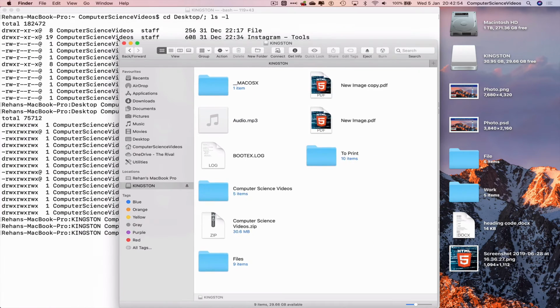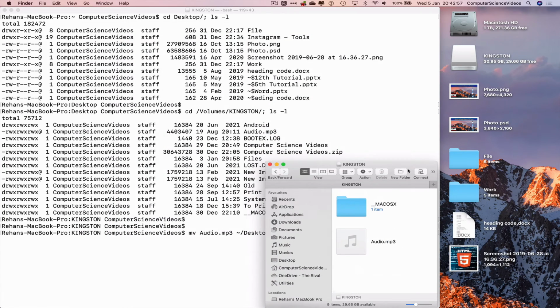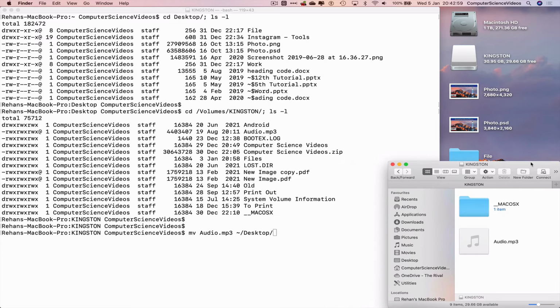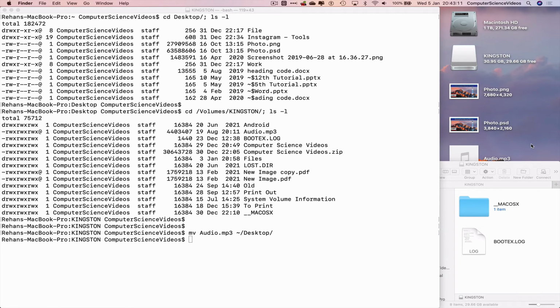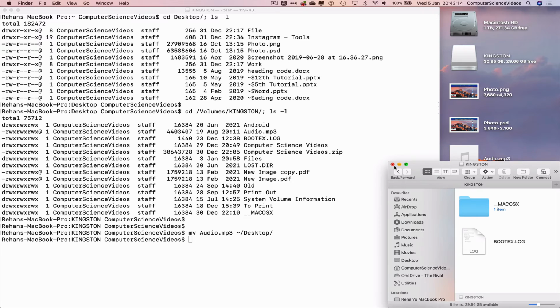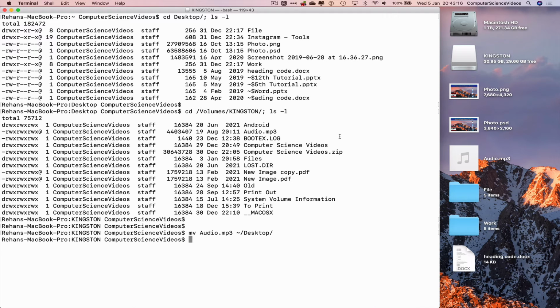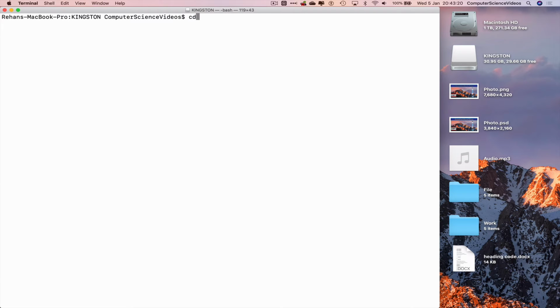decrease the Finder size, and now let's watch the audio file jump from the Kingston USB to the desktop itself. And there we go. So from one place, being the Kingston USB flash drive, all the way to the desktop itself. So we can now quit Finder for the moment, clear everything on screen in terminal, change directory, quit terminal,